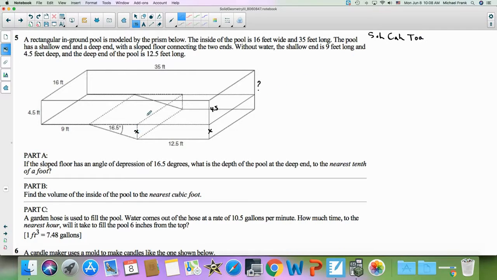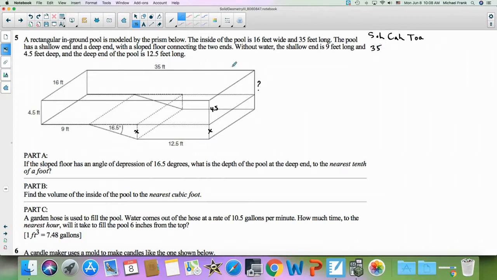However, you might remember SOHCAHTOA, right triangle trigonometry. We need two sides involved, right? One that we're looking for in this case, and we need one of these other sides. We have the angle that they gave us. Well, this side right here is going to be acquired by this big line right up here, which as we can see over here is 35 feet, right? Well, if we take that 35 feet up there, we'll do it over here,